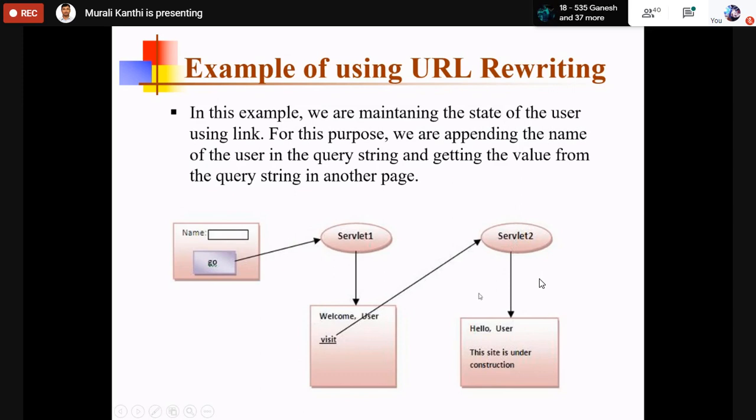Here you have to remember one thing: the information in the conversation between this form and servlet 1 will be there in servlet 2. That means servlet 2 is going to get the conversation between the client and servlet 1.